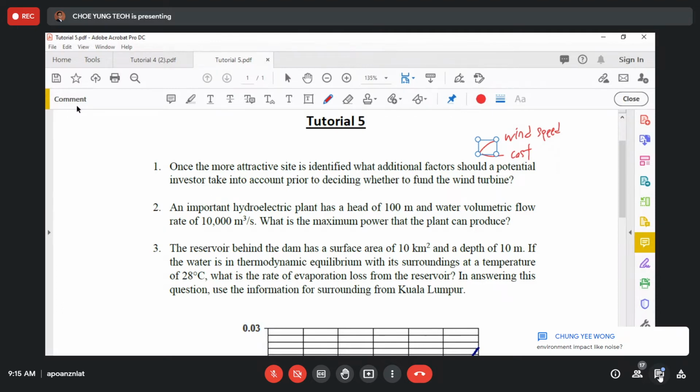Environmental impact, yes, definitely. Environmental impact can be not only noise, can be others, because you want to build a wind turbine in a certain area. So definitely you will need to do some construction. It definitely brings effect to that location. So of course environmental impact like pollution, noise pollution,